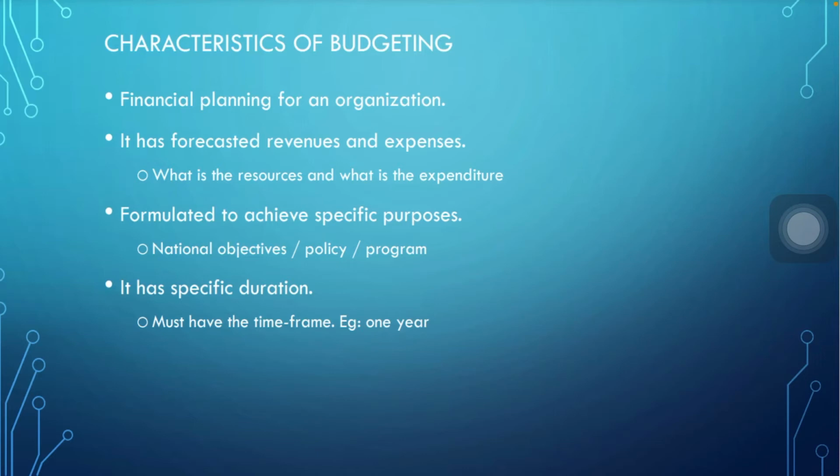So itu kita kata dengan you formulate a policy to achieve a specific purpose. So untuk government Malaysia, dia ada dia punya own policy. Contoh macam we have a new economy policy, dasar ekonomi baru. Itu salah satu contoh dia lah. So policy is very important to make sure that whatever we are forecasting is not out of the track. Maksudnya you ikut policy tu, you takkan lari lah daripada you punya track.